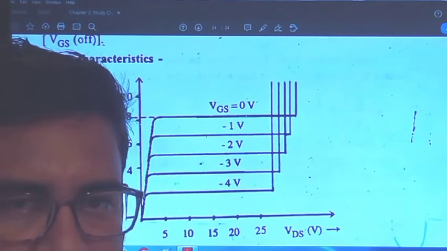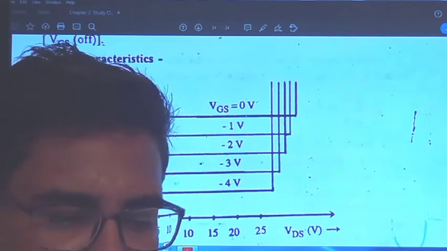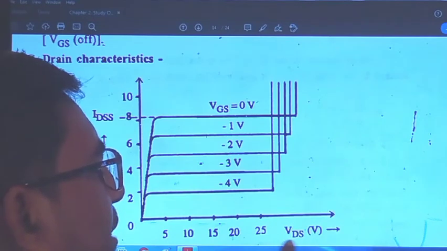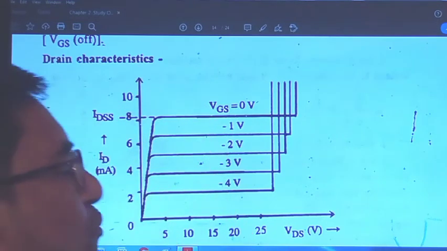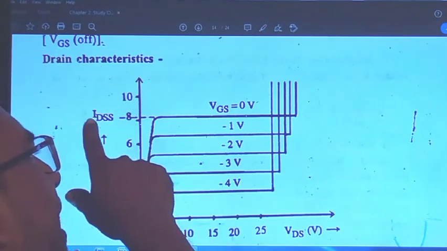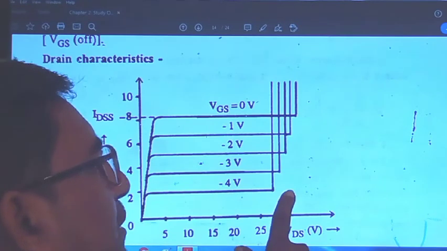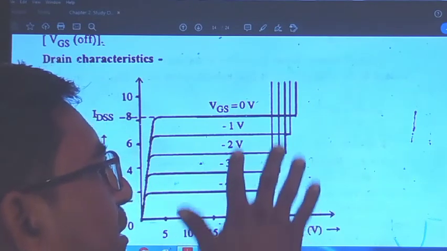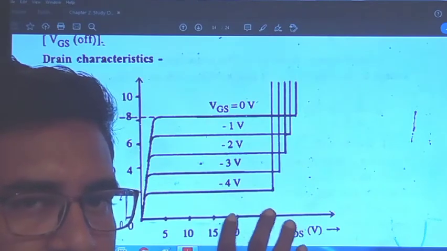Then the characteristics obtained by this particular JFET are the drain characteristics, which are indicated like this. Okay, here on the x-axis we measure VDS, the drain to source voltage, and here we measure the current, the drain current. Here it is indicated with IDSS, where ID is the drain current, and by keeping the gate to source voltage constant, we obtain the output value. This output value we have to plot in the form of characteristics. Okay,